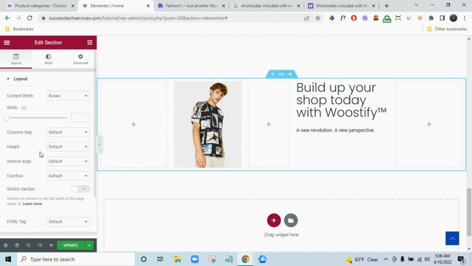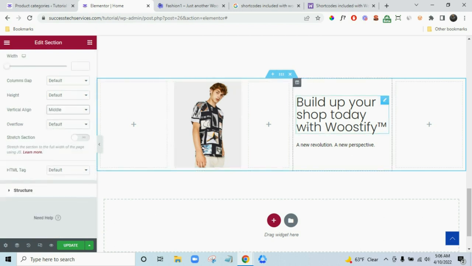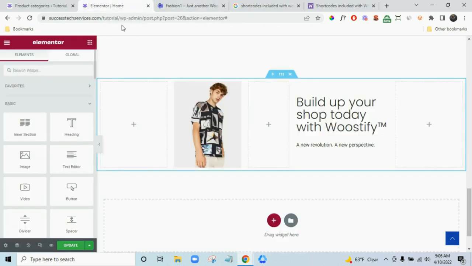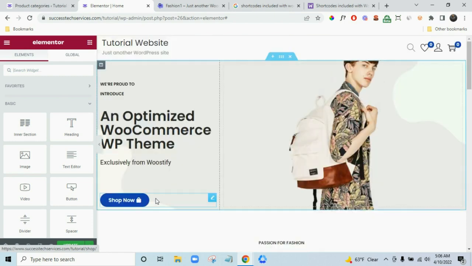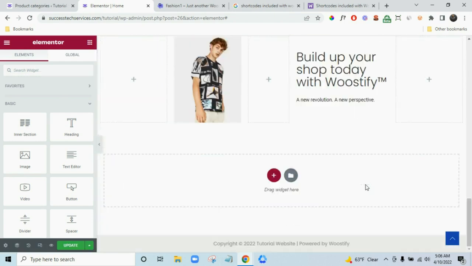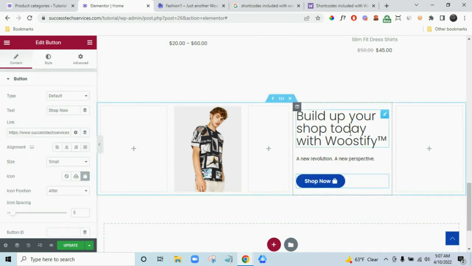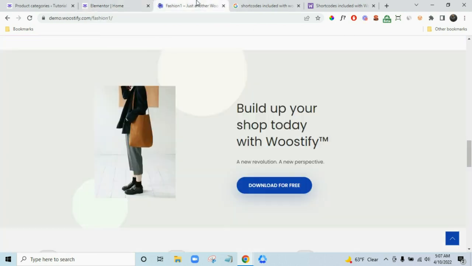If I click here, it says vertical align middle. So now it's in the middle. And we also have a button here, a button right there. I can just scroll back up and just copy this button and just paste it under here. Just like that. So that's pretty good. Now to put in this image,